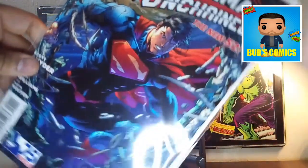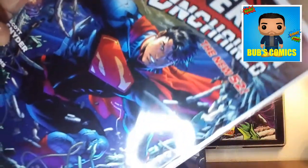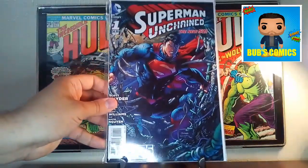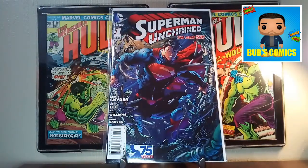I like it when they draw Superman a little bit on the younger side, but not too young. I like Superman to look pretty much like he's perpetually in his 30s. I don't care for the Smallville type look where he looks like he's in his 20s. I think that he looks a little too naive. And I don't care for the older man look either, where it looks like he's in his late 40s or